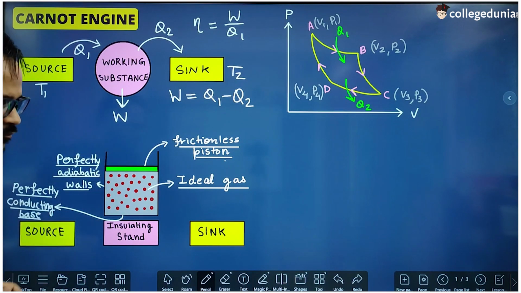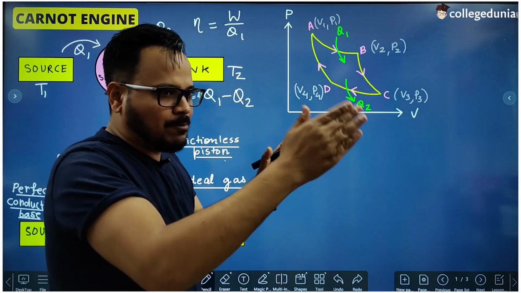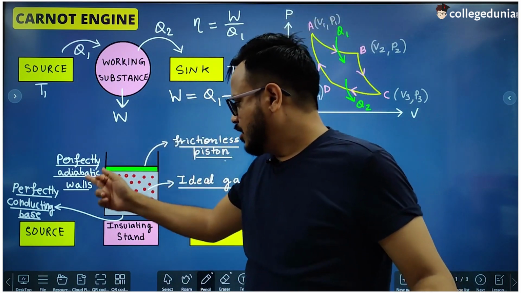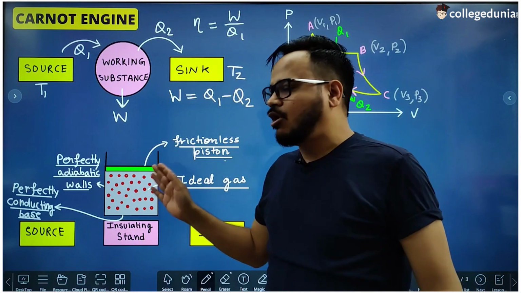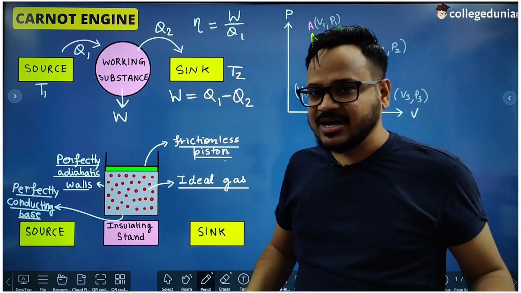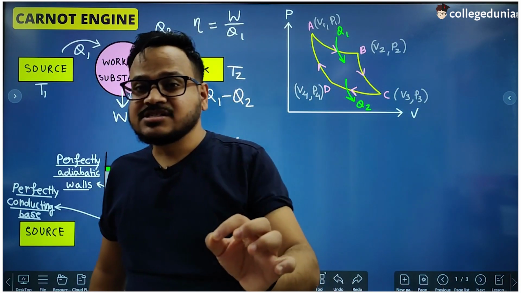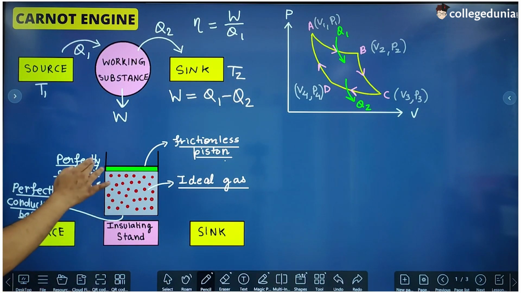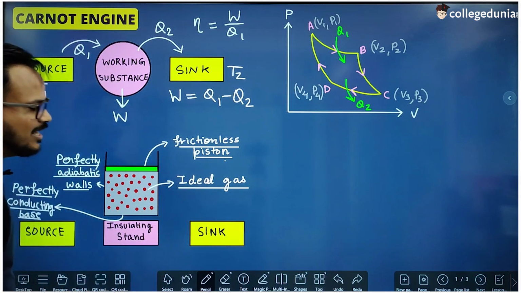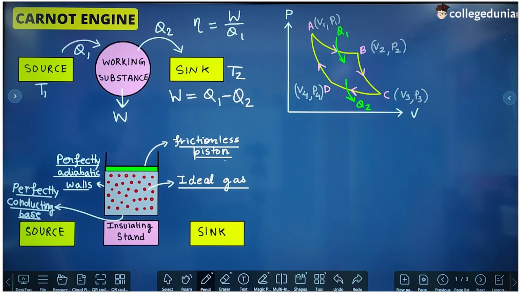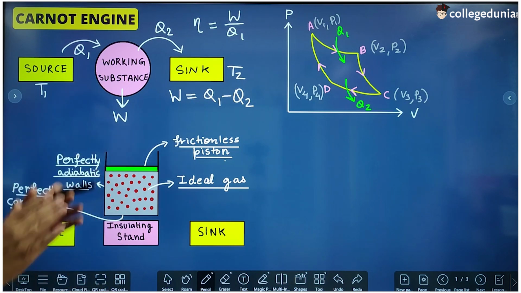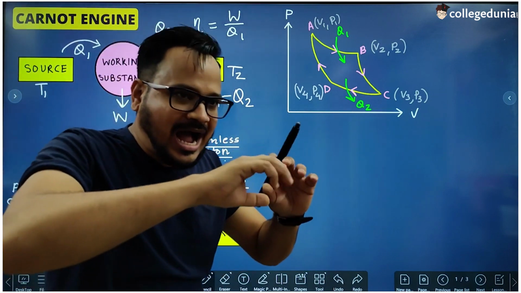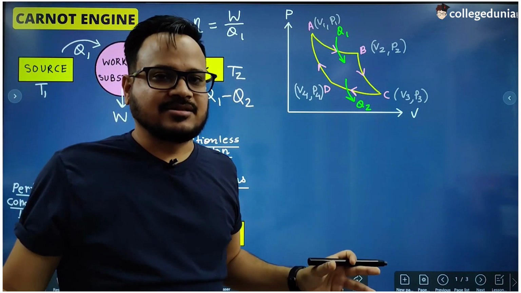For example, you have 10 options of gases and you have to make one of those gases the working substance of an engine. So how will you select the gas? You will select that gas which is as close as possible to ideal behavior, because the Carnot engine says if you use an ideal gas then the efficiency will be maximum, but no gas is ideal. So out of those 10 gases you will choose that gas which is more ideal than the other gases, right?